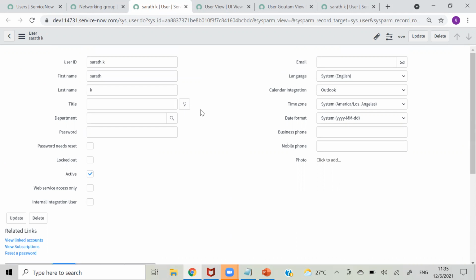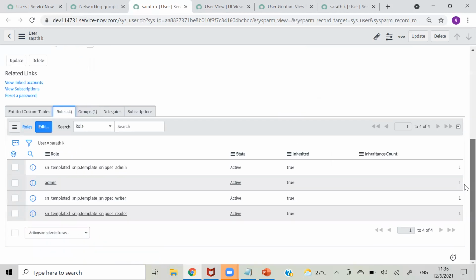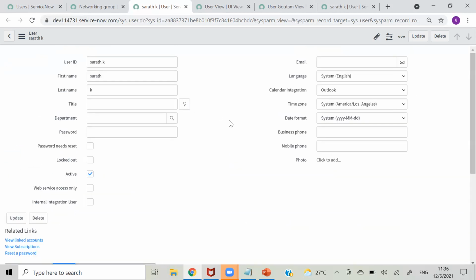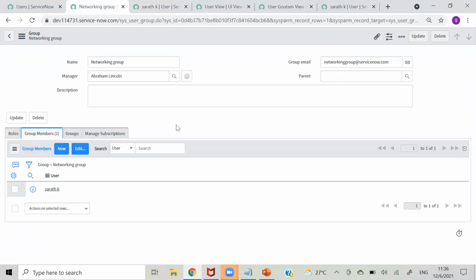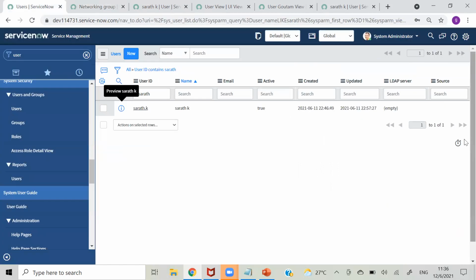Okay, so actually this is the admin part. I think you have heard about ServiceNow administrator, ServiceNow developer. So what admin people do, they add users to a group, they remove users from a group, they provide roles to a group, and they create users. These are the small things which administrators do. Okay. Any queries till now? Okay, then fine.